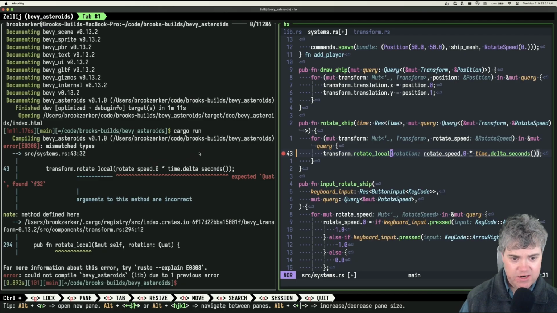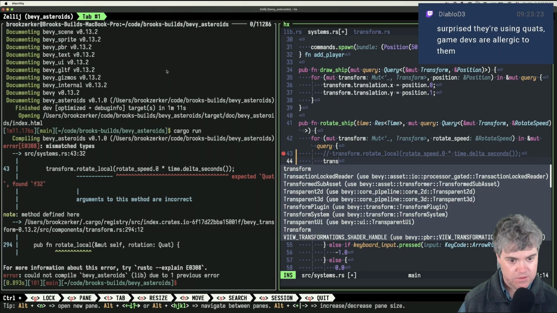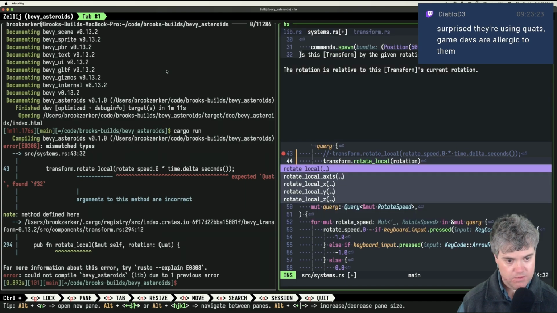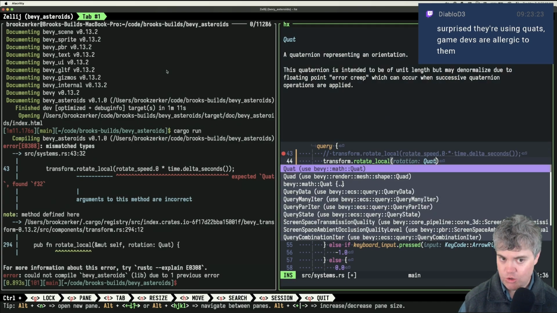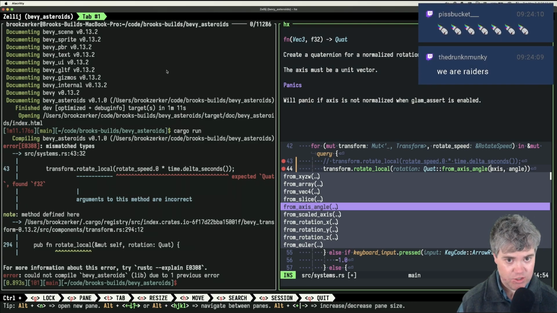Because I would imagine that if I just make something up, right? Okay, so I just create a quat here. Okay, so if I transform, rotate local, quat. Okay, creates a quaternion for normalized rotation axis and angle. Oh, but it's still F32.